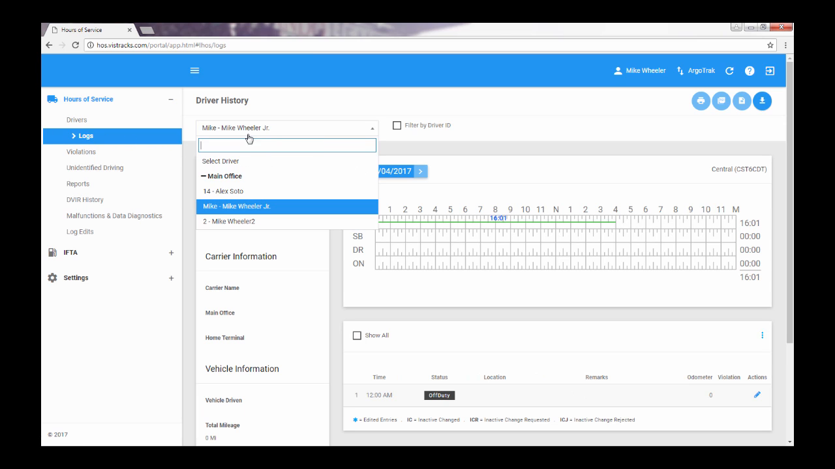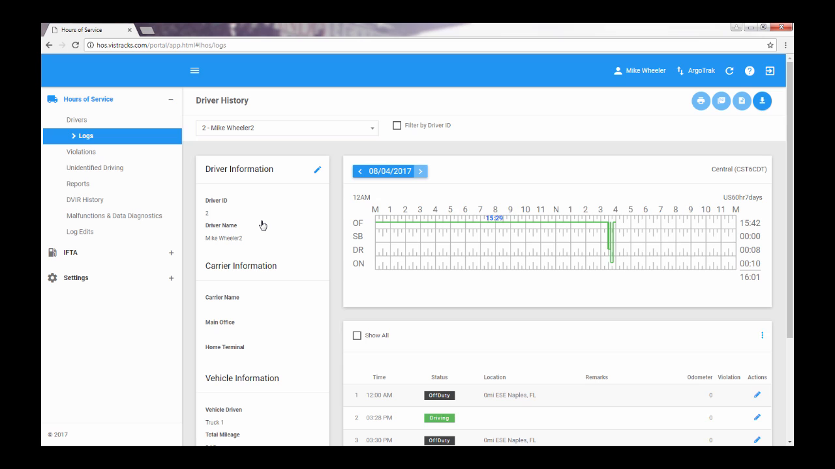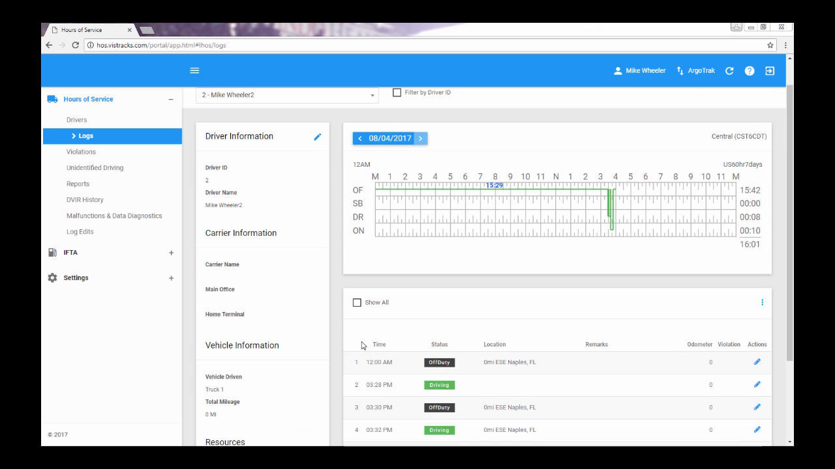From here, we can select any of the drivers, and their logs will come up for the day. This is the example that we were just working on in the driver application. Also, from this same place that we're viewing the logs, as an administrator, you have the ability to make edits to those logs. For any of the status changes, you can click the pencil editor,